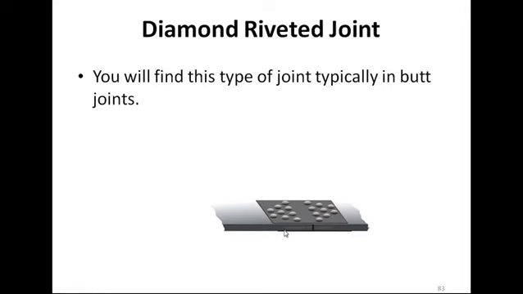So these are the two plates. This is one plate and this is another plate we have placed here. Then we have placed the cover plate, and on this cover plate we have created the diamond shape. These are the diamond-shaped rivets we have done. Where diamond-shaped rivets are used, that is called a diamond riveted joint. You understand where we can call it a diamond riveted joint.